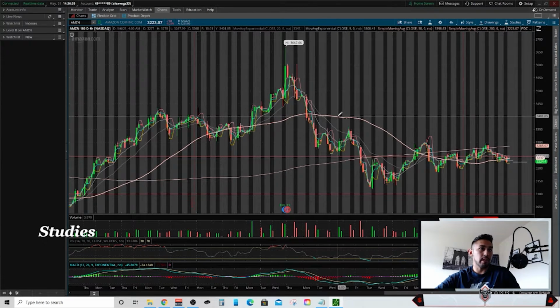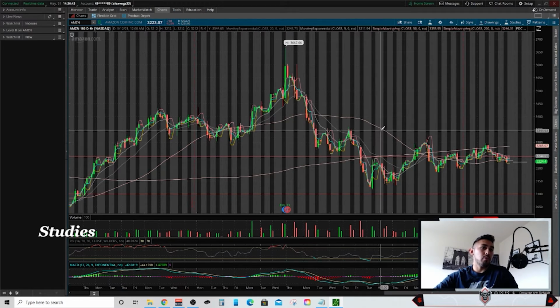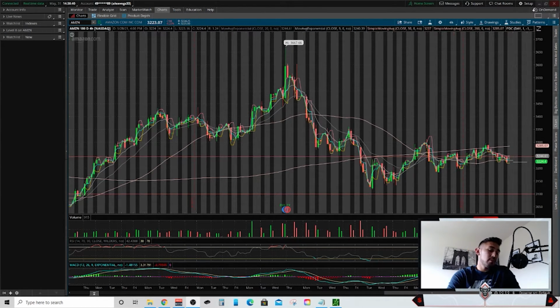So if this one, for example, this is the 50-day simple moving average, the 50-day will tend to hold as support or resistance. So right here, we're bouncing off the 50-day. Plain and simple. Those are the five styles of support and resistance that I use, but I quickly want to call out some things before I close out this video.